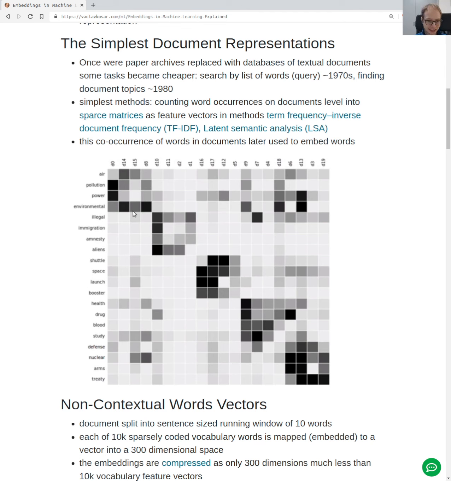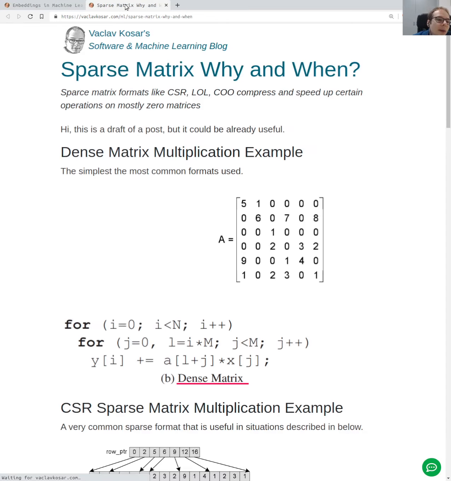And there were first requirements, first features that needed to be developed, like we wanted to search in the database, we wanted to find some topics that are stored in the database, and these kinds of methods. For those, there were many new ways how to do them, and usually those used some sparse matrices. So you can read a bit about sparse matrices here